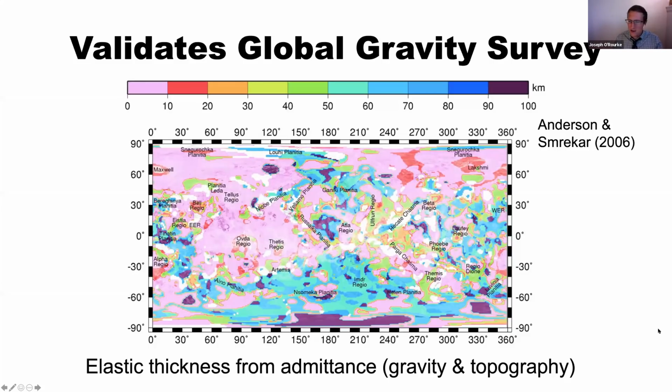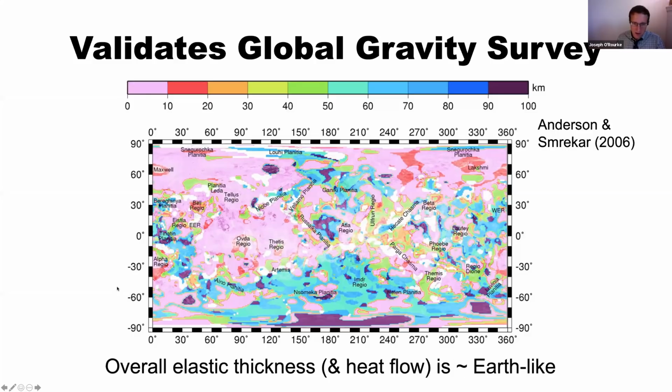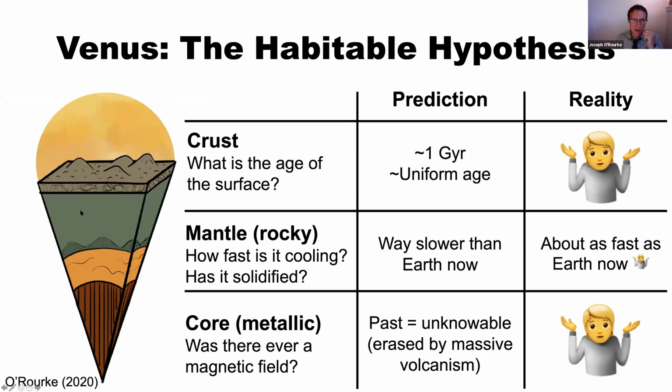But this tentative gravity result from 2006 was suggestive, because it indicated that about half of Venus was cooling faster than Earth, and about half of Venus was cooling slower than Earth is today. And when you sum everything up, you get that Venus would be cooling just a little bit slower than Earth is today. Great. So this is the first real result that I have that I'm willing to put more than a big shrug emoji for. Still a little shrug emoji, because we're pushing the resolution of the gravity and the topography data sets. But I would say that Venus is cooling just about as fast as Earth is now, which explains why it's so volcanically active.